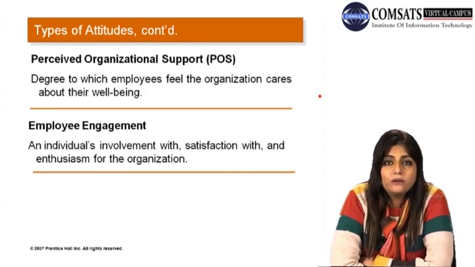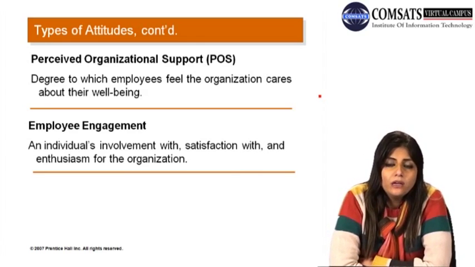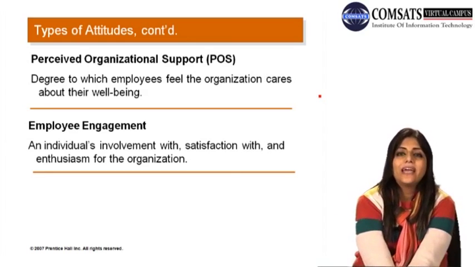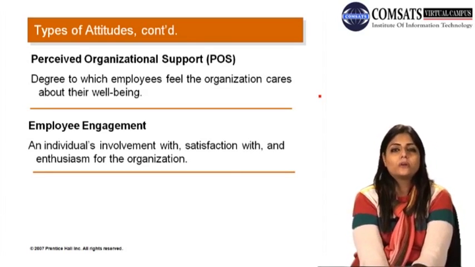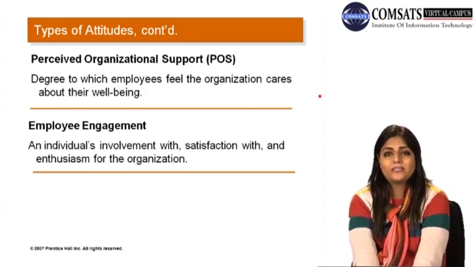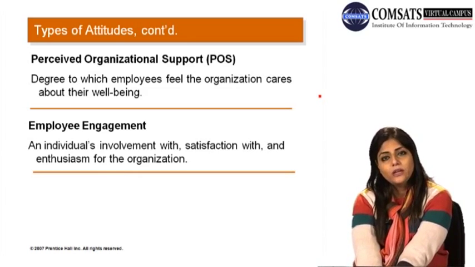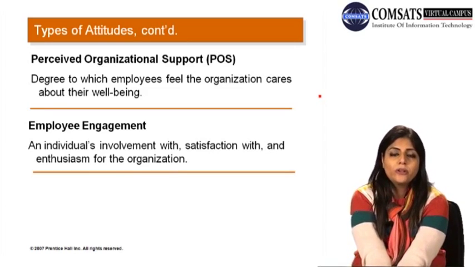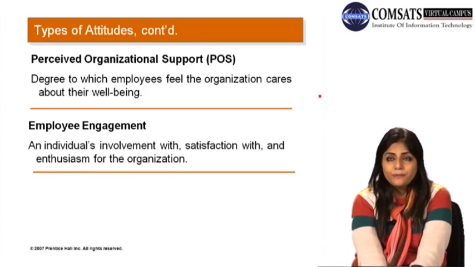So here I made an important point: commitment can be towards different entities, and the commitment with all those different entities has a number of different outcomes, right? Organizational commitment outcomes are different from the outcomes of the commitment of the employee with the supervisor, or from the commitment of the employee with the profession, with the occupation. If you're committed with your occupation, your occupational turnover intentions will be lower. If you're committed with your organization, your organizational turnover intentions will be lower, and so on.